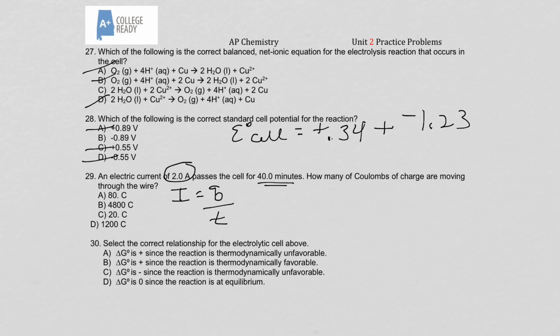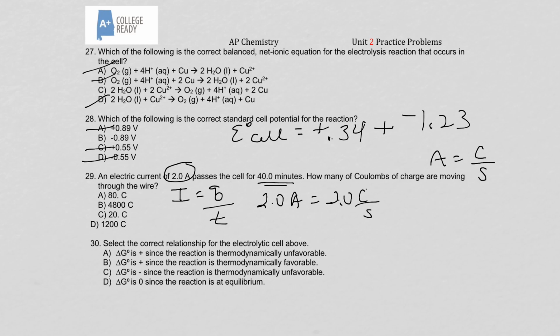Students need to remember, and this is also on your formula sheet, that amps are coulombs per second. So these minutes aren't going to really work for us right now. So there are a couple ways to do this. This could be done as a straight dimensional analysis, or maybe changing minutes to seconds and then plugging into this formula. So either way will work. I'll go ahead and just do it as a dimensional analysis problem, because I do know that 2 amps is really